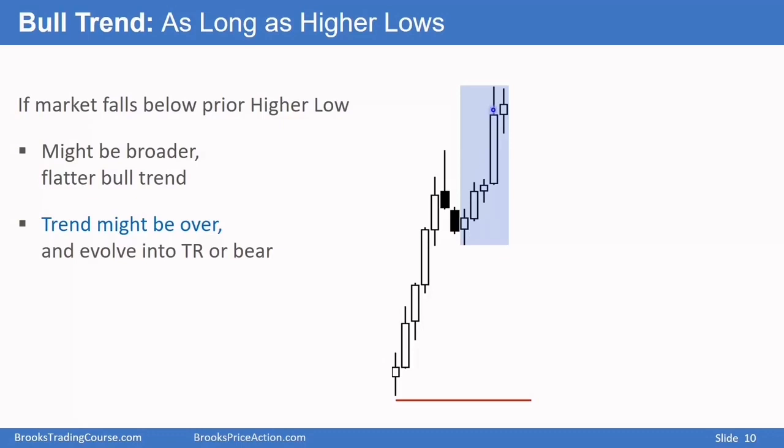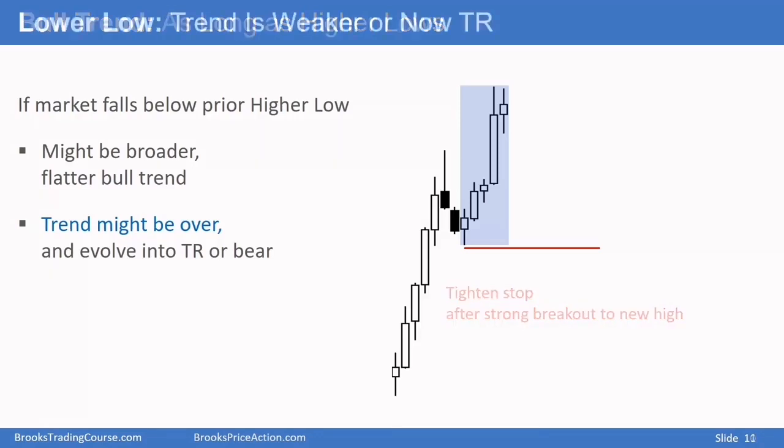So we got a strong bull breakout to a new high. So this then becomes a major high or low. Once you see this, bulls raise their stop from here to there. So they trail their stop, they tighten their stop. This is not going to convert into a trend in the opposite direction by falling straight down. Probably the best the bears get is a trading range, and they typically need at least a small double